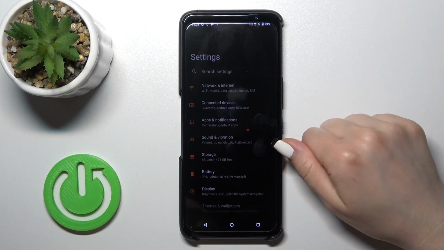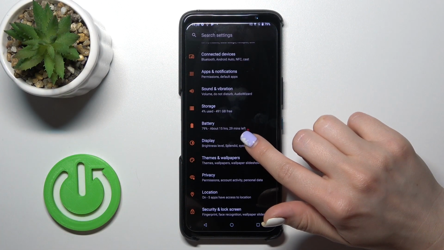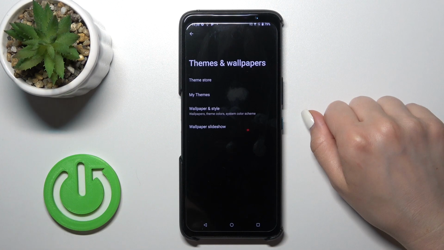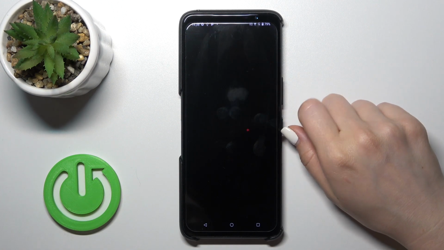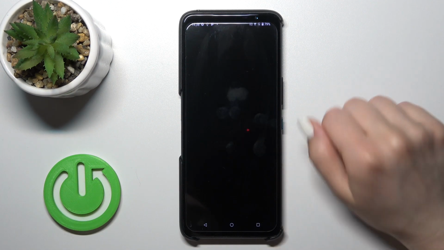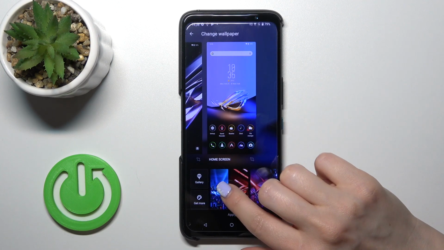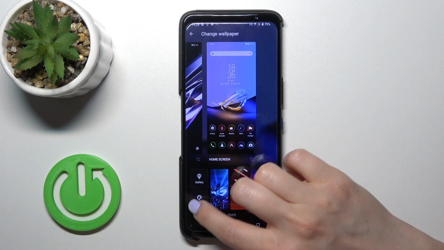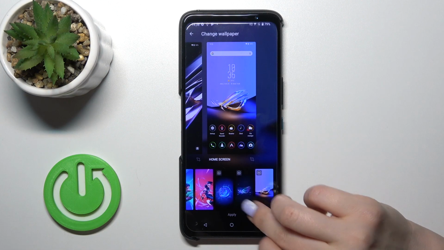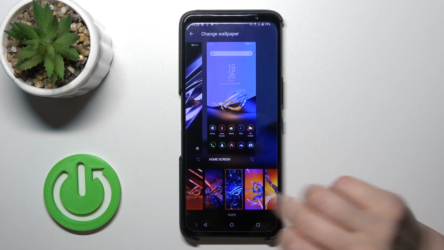So first, let's open the settings and then tap the Themes and Wallpaper section. Click here, Wallpaper and Style, and tap to change wallpaper. Here we've got gallery or online wallpapers or just the default ones. For example, let's use